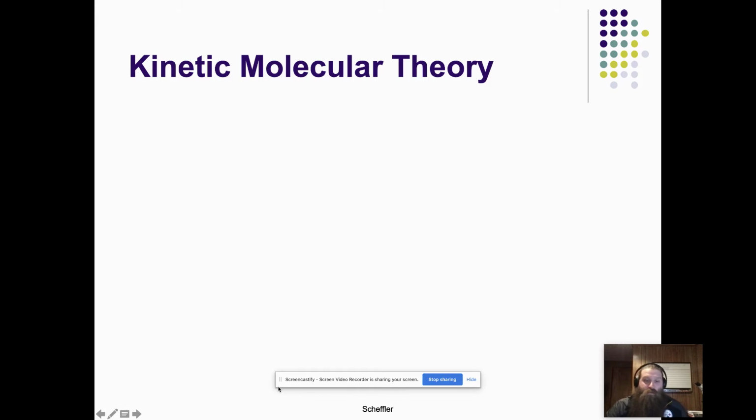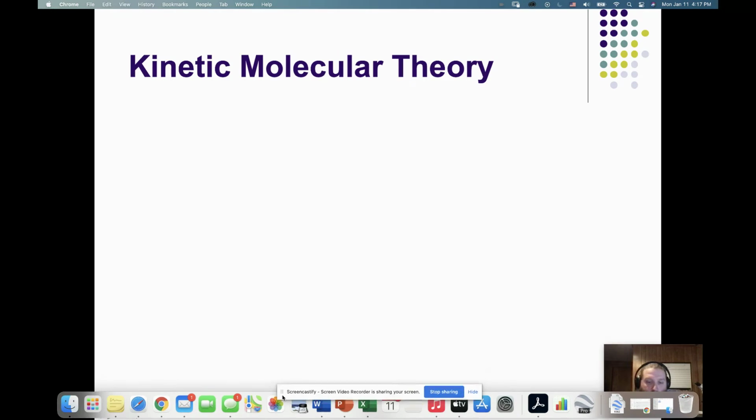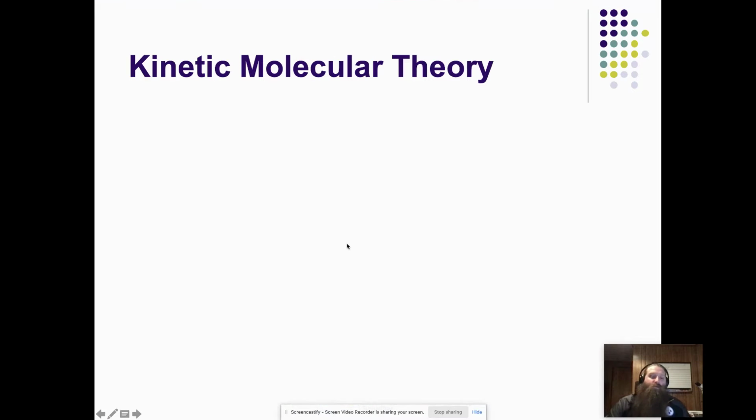Okay, so this is the second part of the notes on gas law. This is going to be picking up with the kinetic molecular theory and going through the end of the slides. All right, so in the first part of the lecture, we focused in on the algebra, on the conversions